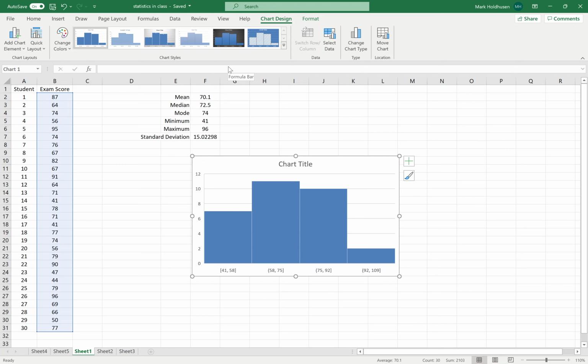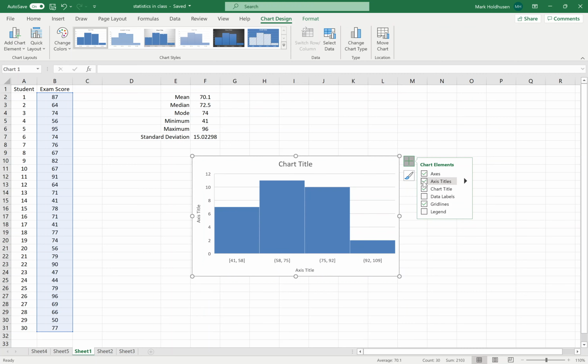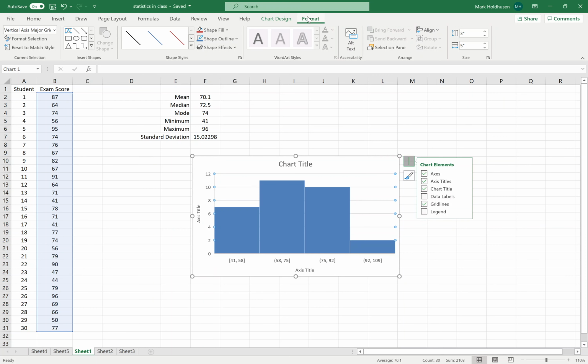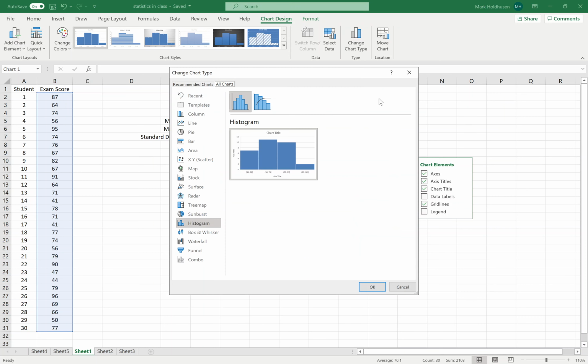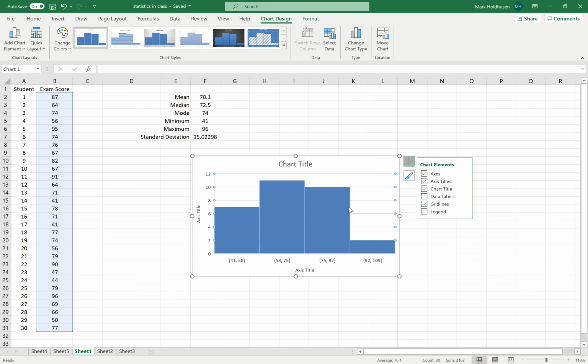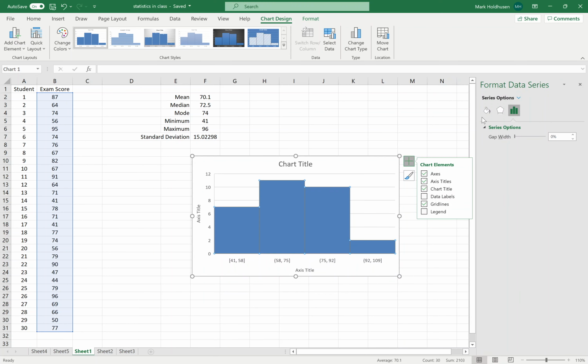You can stick with the defaults if you want. If you want, you can come in and mess around with things. Again, you can put in titles and different things like that. Okay. But more importantly, what I want to do is go into chart design, bear with me, and I go format data series. Okay, now we get this over here, and we can go in and make changes to the chart